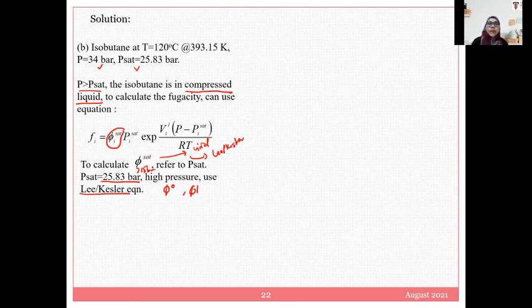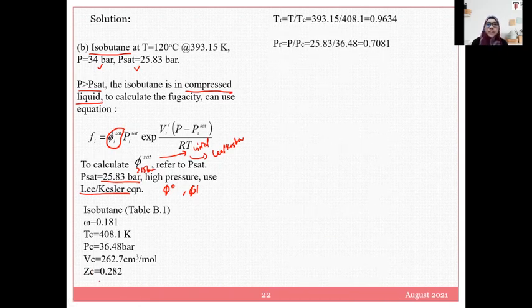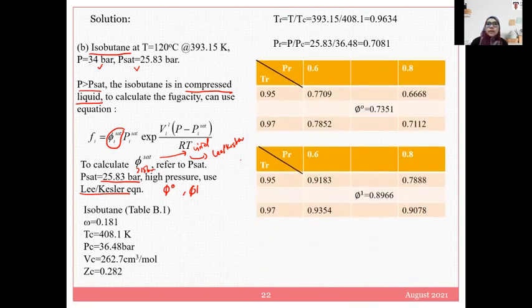So extract all the information in the table for the species of isobutane, to determine the eccentric factor, the critical temperature, pressure, molar volume, and the compressibility factor. And then the next step is to determine the reduced temperature and pressure to be inserted in determining theta naught and theta 1. Okay, so by using interpolation, or you can use your calculator to determine